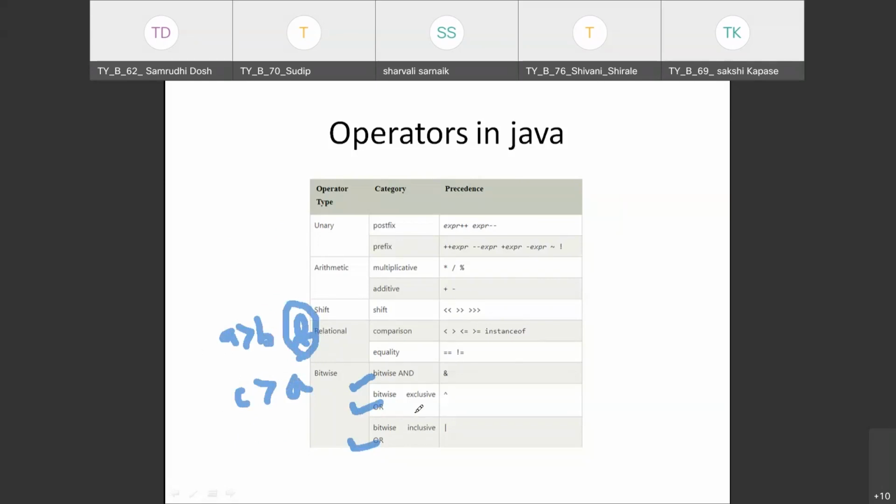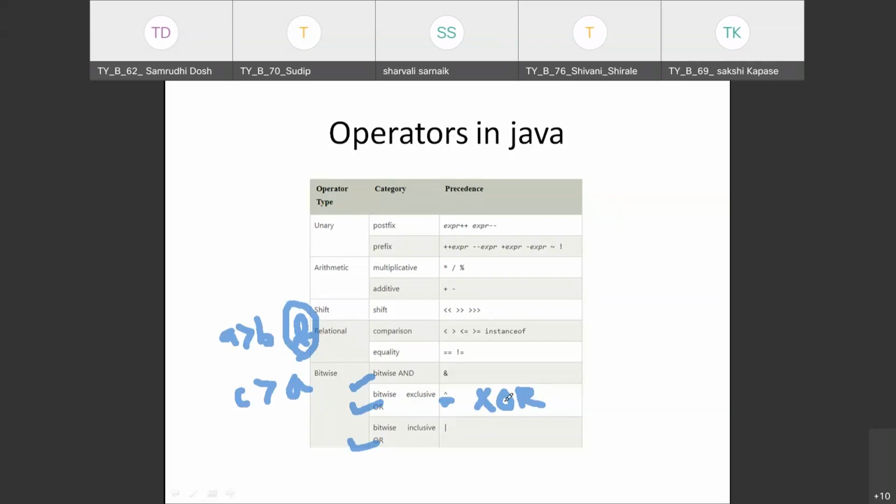Then we have the bitwise OR operator, inclusive OR and exclusive OR. While doing the program, we are going to see what this inclusive is. Basically this exclusive OR is XOR, the bitwise XOR operator.